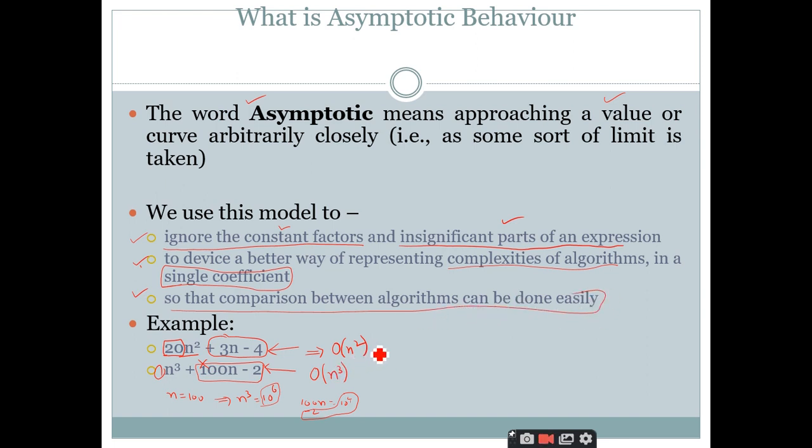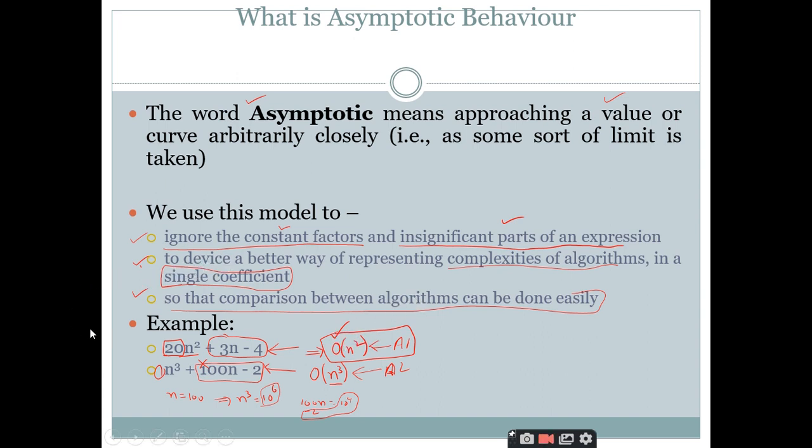For example, assume that this is the complexity of algorithm A1 and this is the complexity of algorithm A2. Which one is more efficient? Is it A1 or A2? A1, sir. A1. Why? Because it has the lesser complexity, that is big O of n square, when compared to the other algorithm A2 which has the complexity of big O of n cube. So this is considered to be the best algorithm or good algorithm, right?